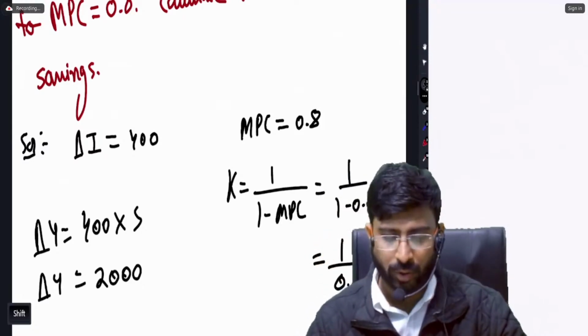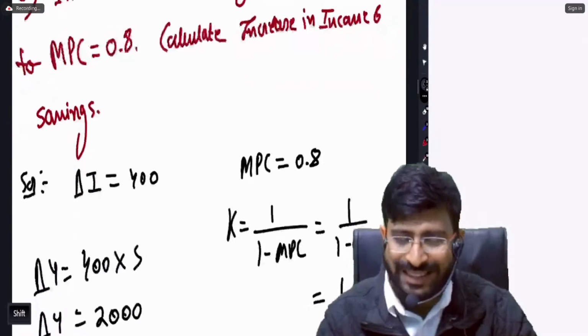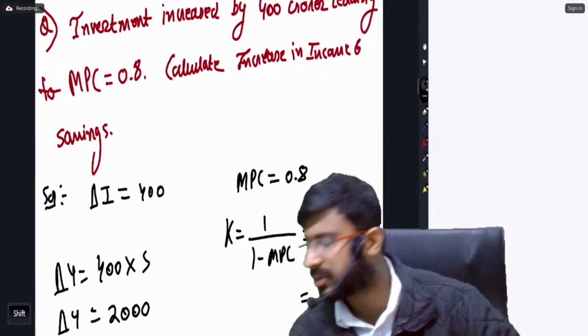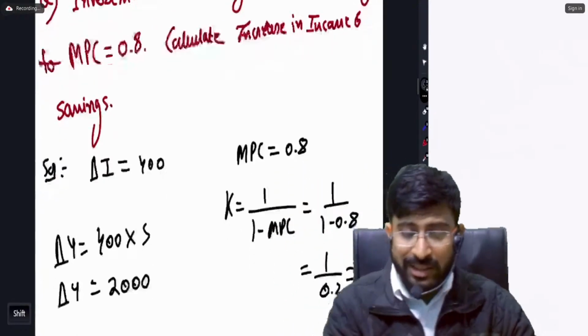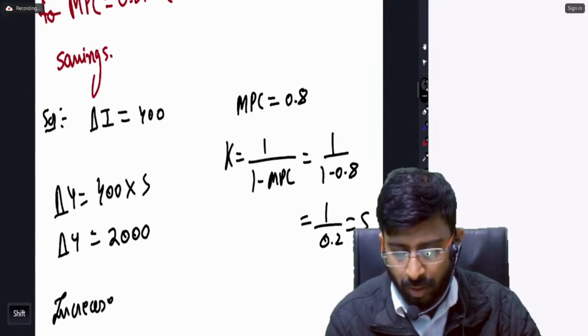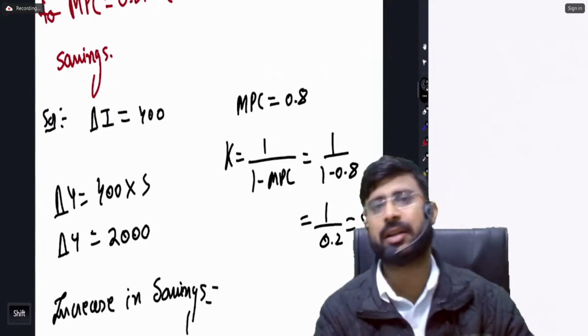Sir, this we have understood. So friends, income has increased by 2000 crores. What next, sir? Increase in savings. Sir, you have not told us the formula for increase in savings. Okay, I'll tell you. See, increase in savings is nothing